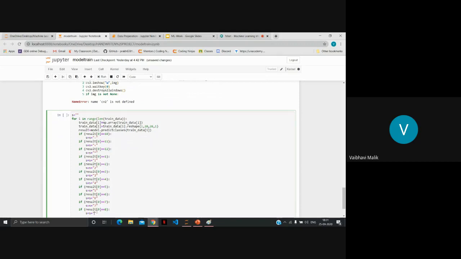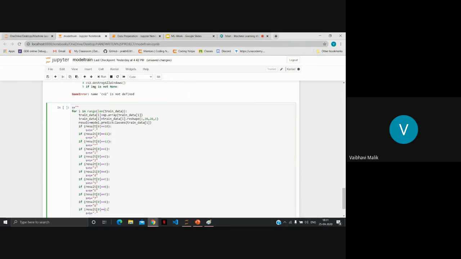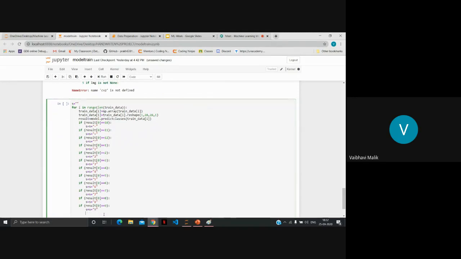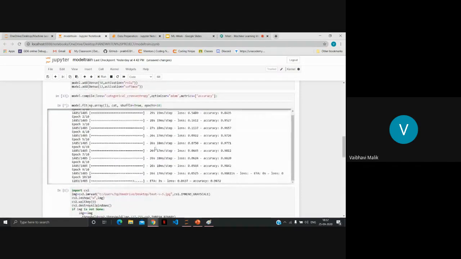Then we will append 8. And similarly the last one, if the result is 9, then we will append 9. At last, we will just return the string that we got. Okay, it's in the last epoch. It will run.